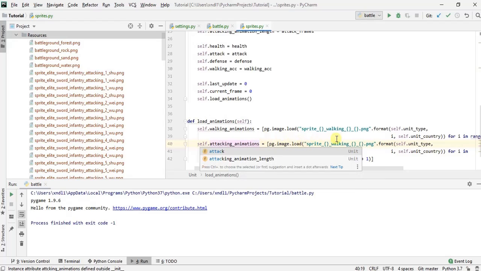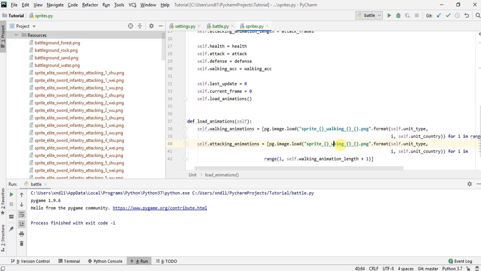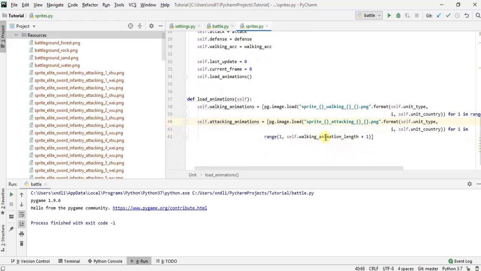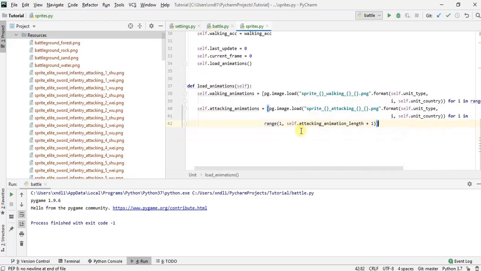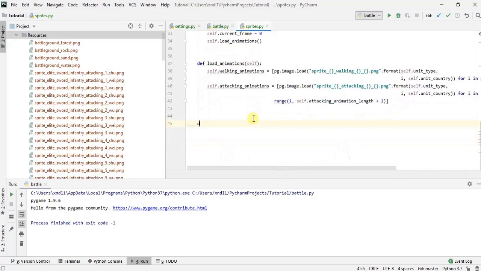Spell attacking. Alright, and attacking here as well. Alright. Cool. Alright, now we'll create an update method. In here, we're just going to say self.animate. And what that's going to be is